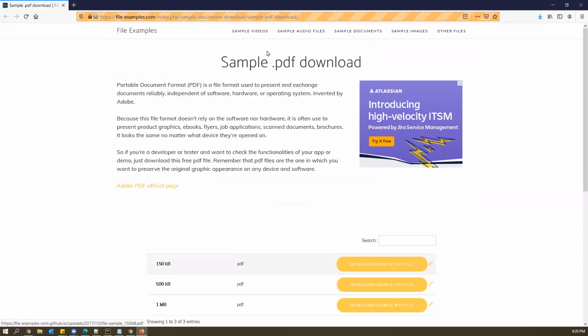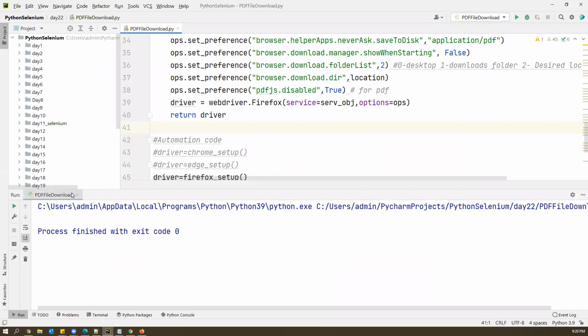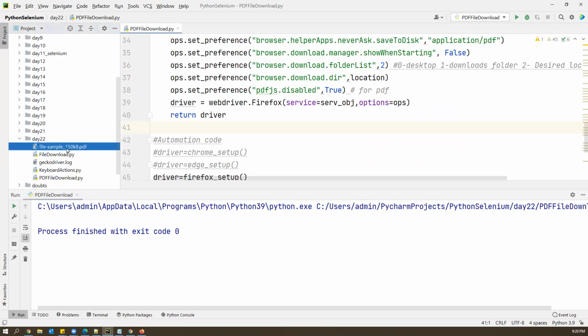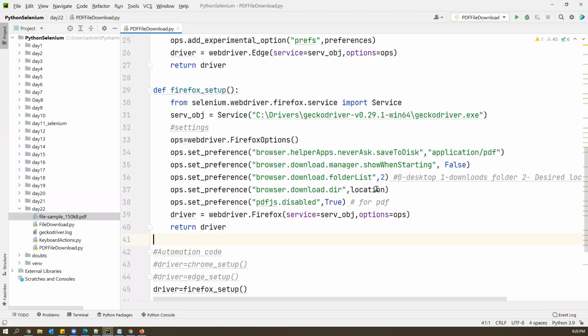All right, now you can just look at this. The file is successfully downloaded. Inside the day 22 folder, you can see the file here. So the PDF file is downloaded. This is the only additional preference which we need to add to download the file instead of opening